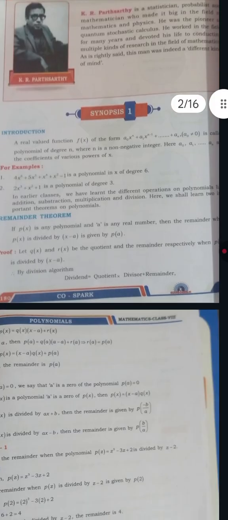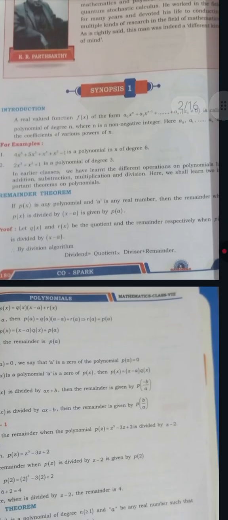Let q of x and r of x be the quotient and remainder respectively, meaning q of x is the quotient of p of x divided by x minus a, and r of x is the remainder when p of x is divided by x minus a. The division algorithm states that